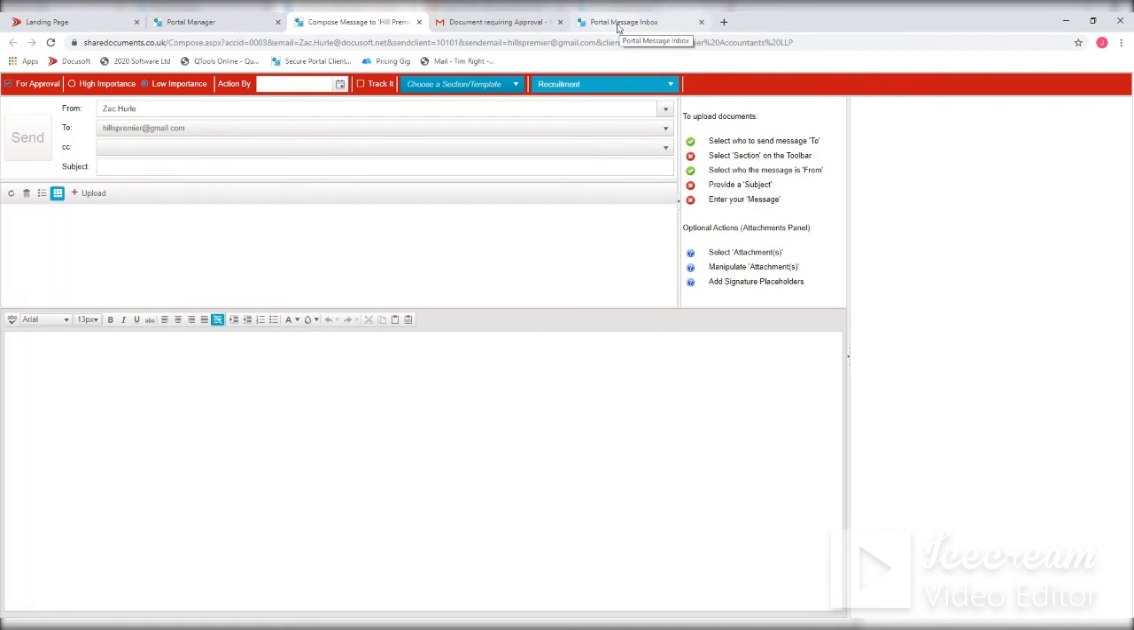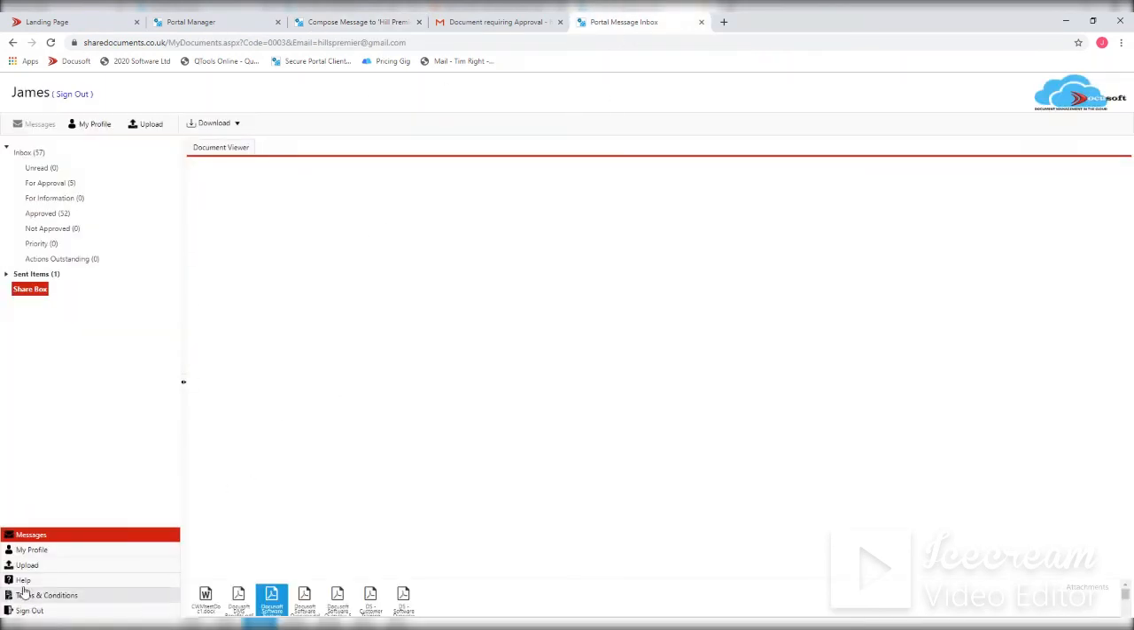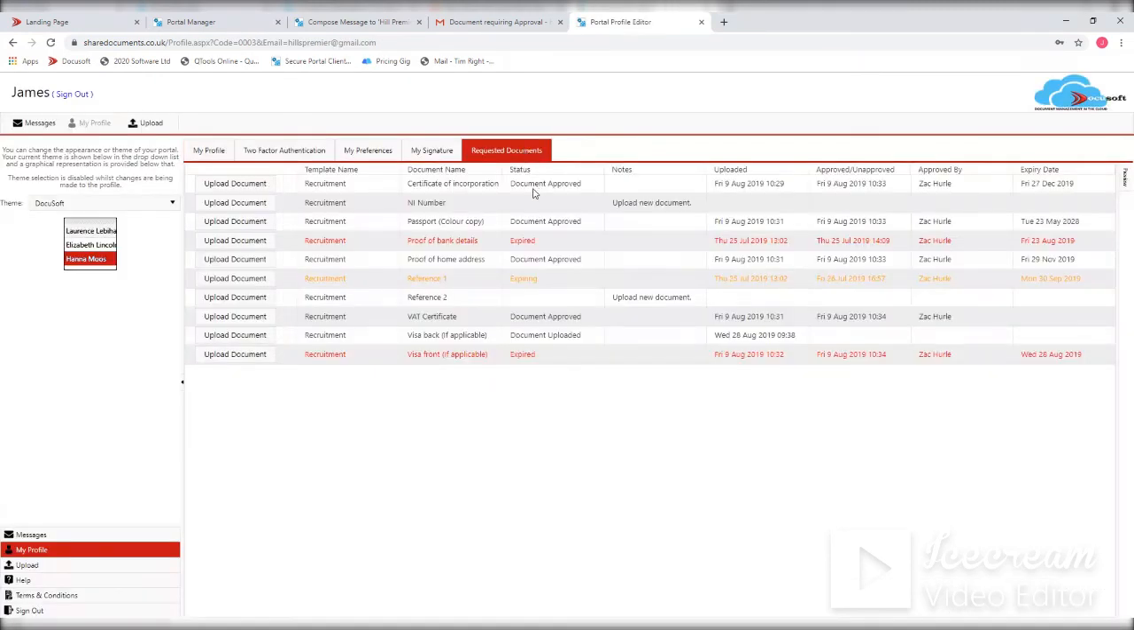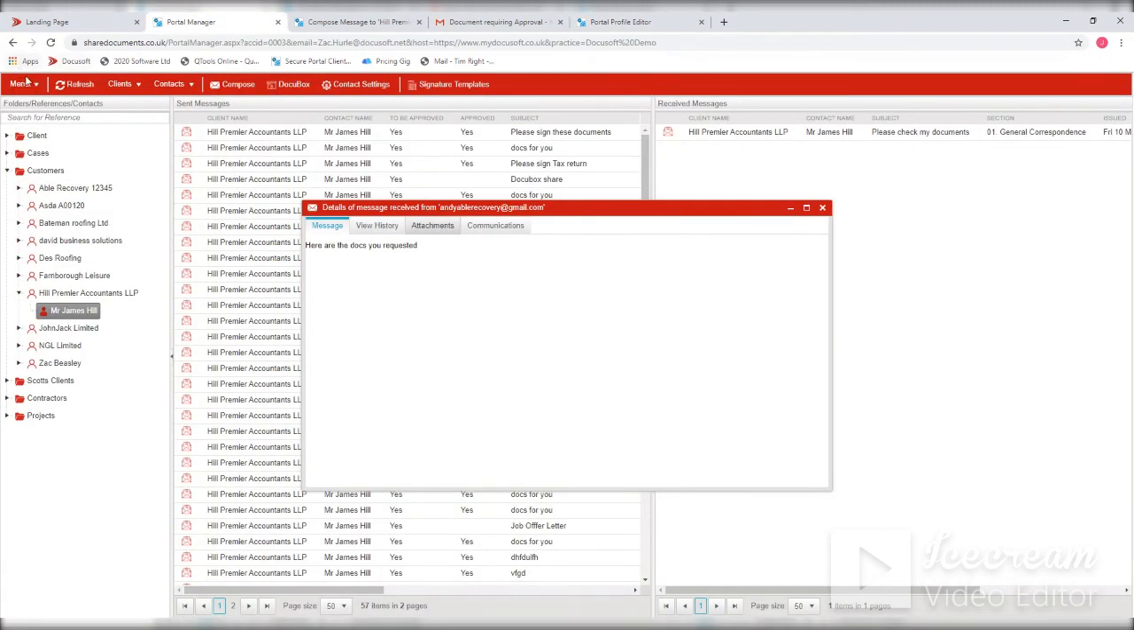And what that does is it opens up on their portal. If they go to my profile, they've got a requested documents list, and they can upload, as you can see, this is for recruitment, but they could upload each individual document you're asking them for, and then they can see if you've approved them or not, or if they've expired because they've had an expiry date against them. So you can see I've got a document uploaded here that nothing's happened to on our side. So if I go back to our portal manager and go to menu, requested documents,